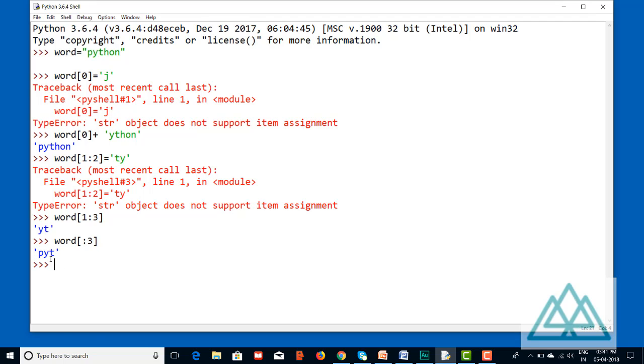Or similarly, if you forget to give the end index, in that case the Python interpreter by default stores the end index value as the length of the string, like word has length 6. And also you can use a negative index like word, and if you give -2 and colon and hit enter, -2 indicates here the position second from right, because -1, -2, indexing with negative sign always starts from -1,